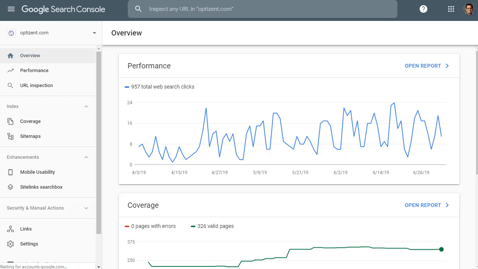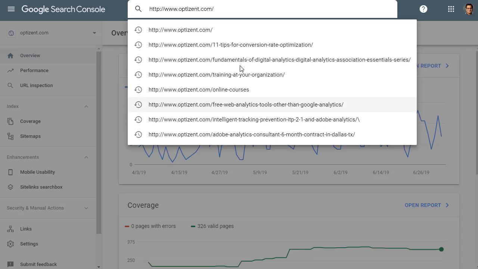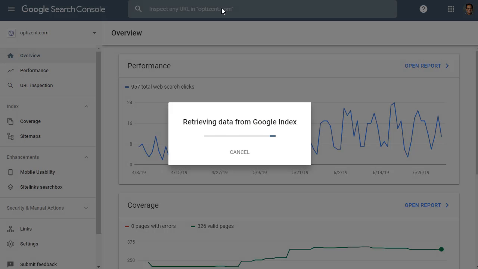Alternatively, you can also force Google to index a page. You can start by putting the URL of your website in this box up here, and then ask Google to index it. This is where you can pass any URL of your website and have Google index it. So if you create a new page that Google hasn't indexed yet, you can come in here and request Google to index it. For example, if I type in the URL for optizen.com,